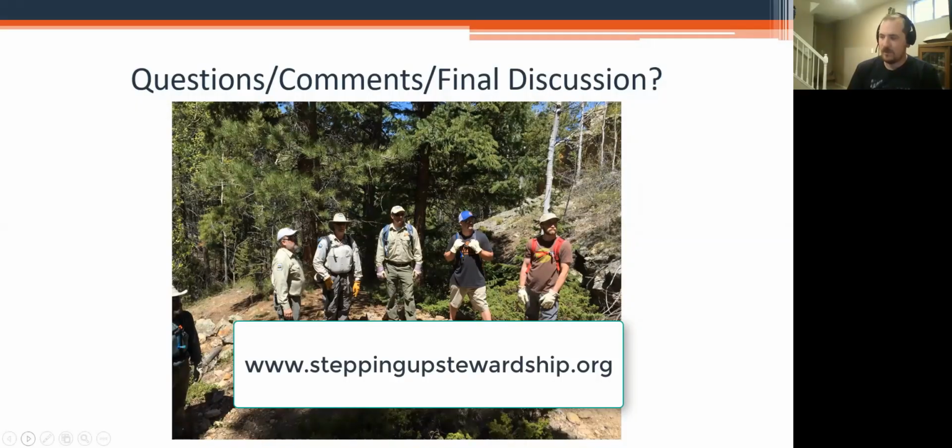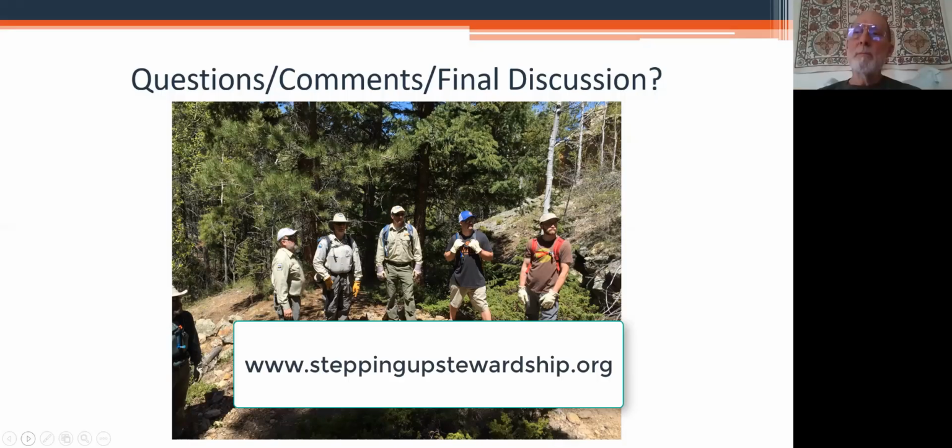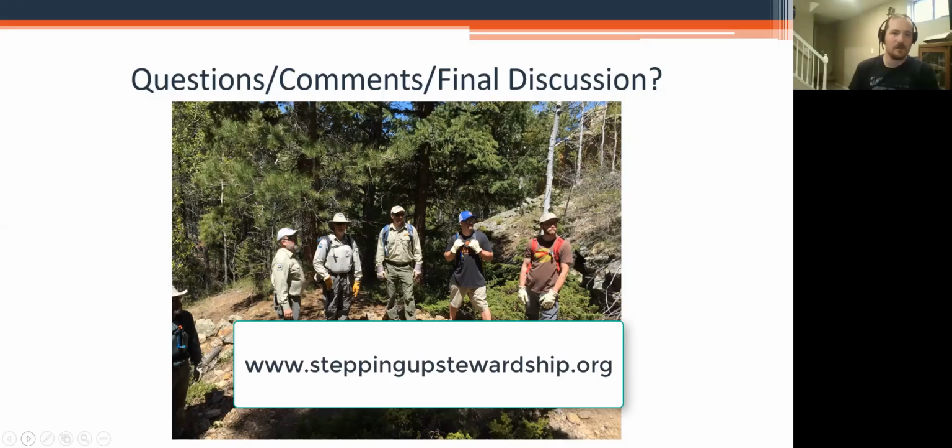Stepping Up Stewardship Toolkit is really about how do I set up my program? How do I implement project management procedures, volunteer recruitment, all the things that go along with actually having an effective volunteer program. So it's a level higher, I think, than the OSI in terms of hierarchy of how these programs are managed. OSI training is ground level, and Stepping Up Stewardship Toolkit is a higher level than that in terms of program management, program development.